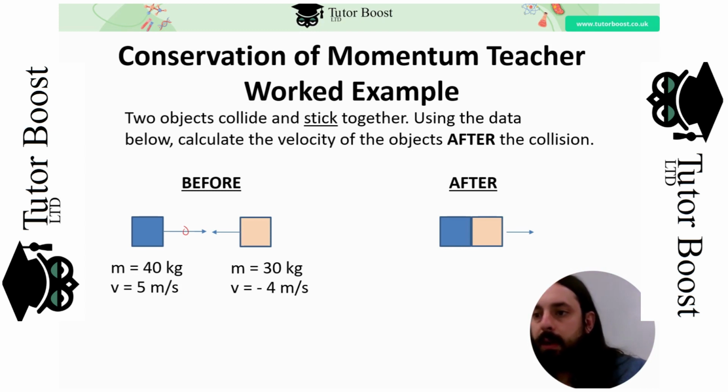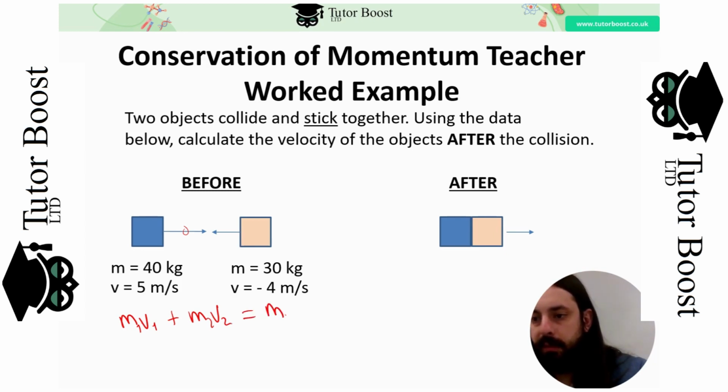So now I'm going to go through one example of what happens when two objects collide and stick together. We need to calculate the velocity of the objects after the collision. So let's start by calculating the individual momentums of both. So you've got momentum before equals momentum after. So we've got m1v1 plus m2v2